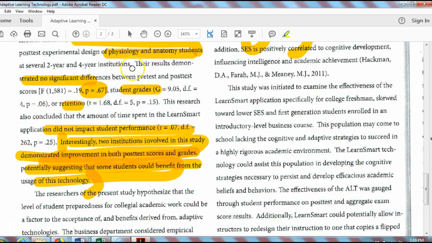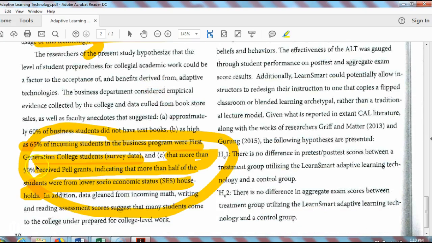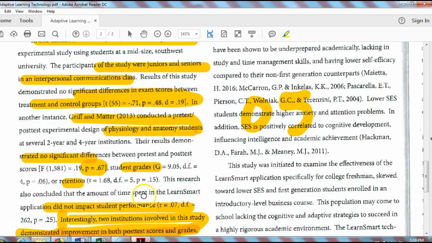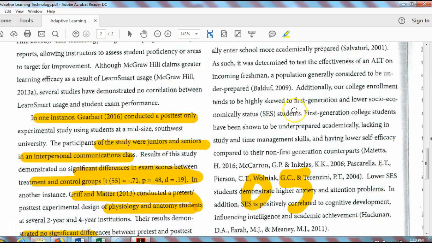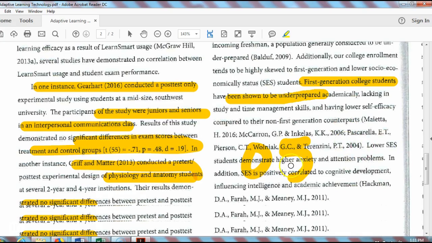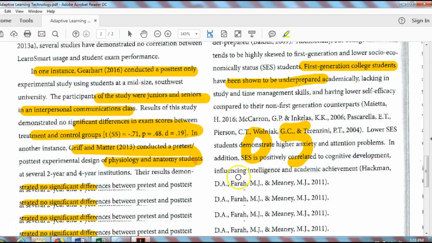Maybe because of the grade and the course of study students were taking. Also, maybe because our students are highly first-generation students and lower socioeconomic status. Maybe this LearnSmart technology can help that student population. And then we go on to describe why we feel that way. First-generation college students have been shown to be underprepared academically, lacking in study and time management skills, and lower in self-efficacy, compared to their non-first-generation counterparts. Low socioeconomic students demonstrate higher anxiety and attention problems. In addition, SES students,